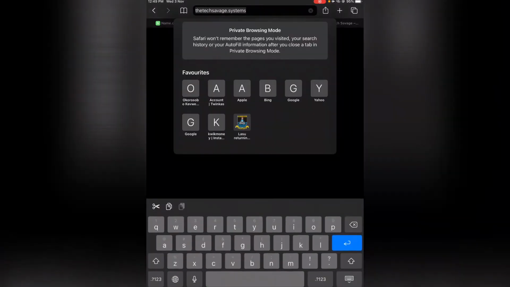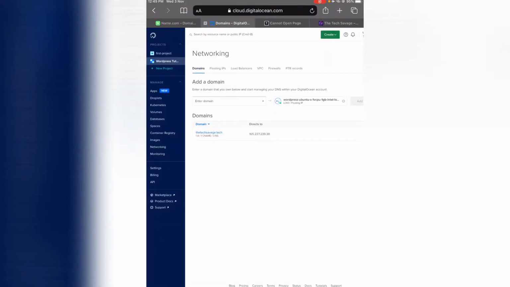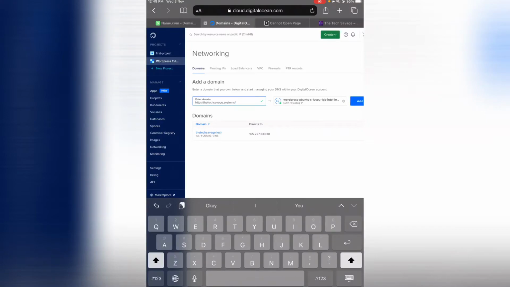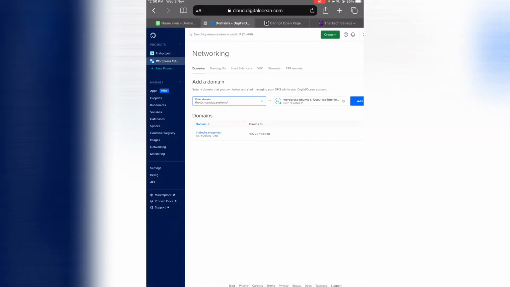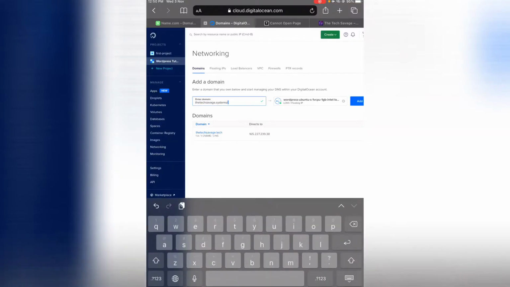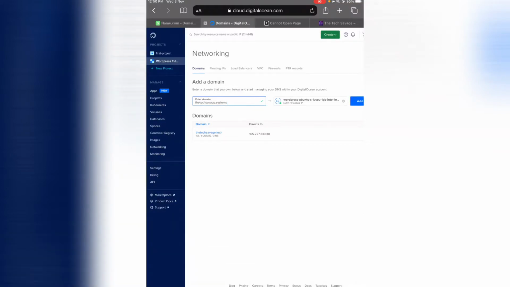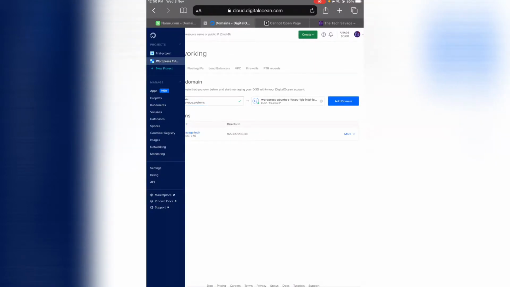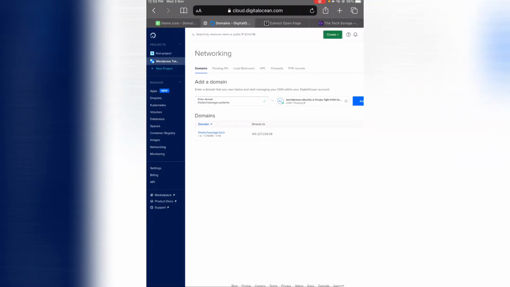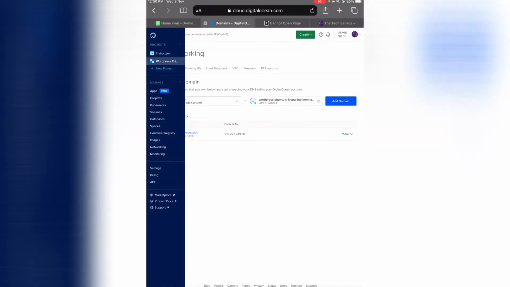So let me just copy this, okay, and come to DigitalOcean and paste it. And we don't need the HTTP here, we just need the techsavage. And please don't put www also, just go straight to the domain. And that escape character at the end, we don't need it, or the closing tag character. So we're just going to click add domain,